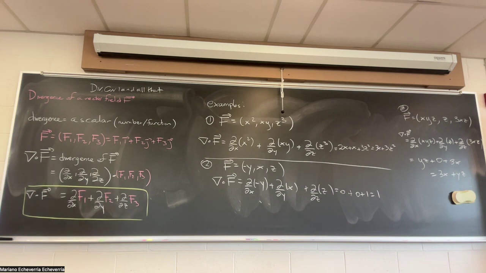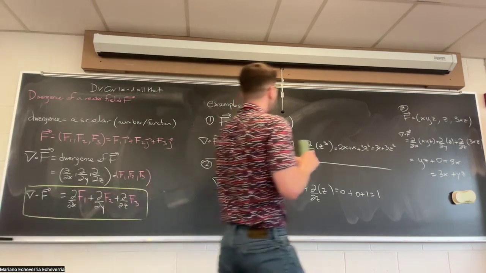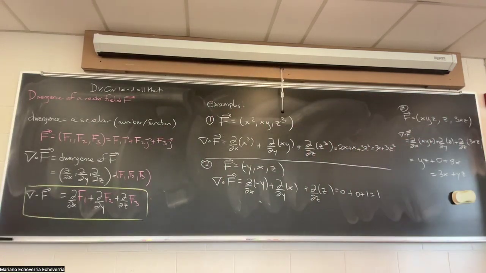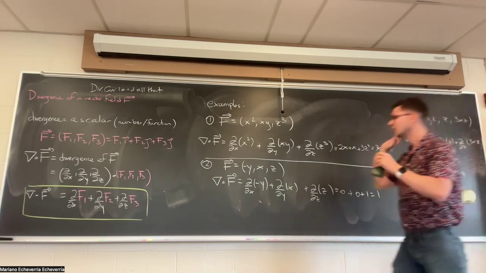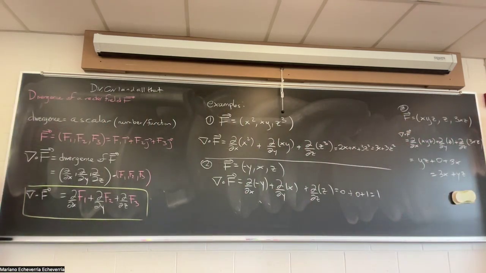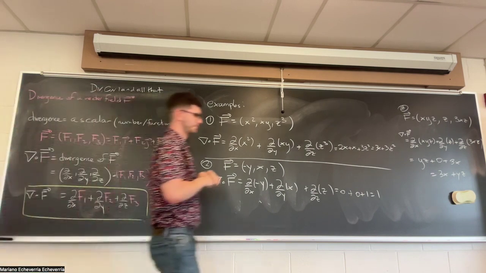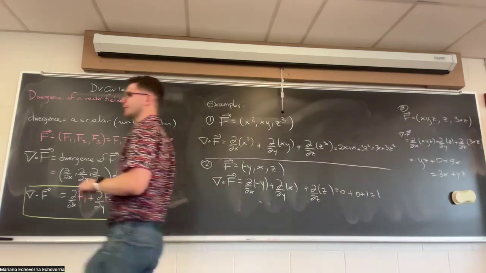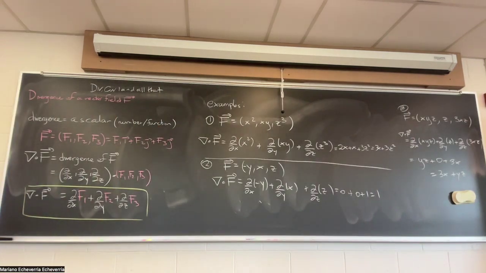So notice that this is a scalar or a function, it really has no entries. It's just a single expression. It does depend on x, y, and z, but itself, it's not like a curl. The curl had a first component, second component, third component. The divergence is just a scalar. Okay, so let me show you a little bit of how it looks. It's just kind of useful before telling you what the divergence theorem says.